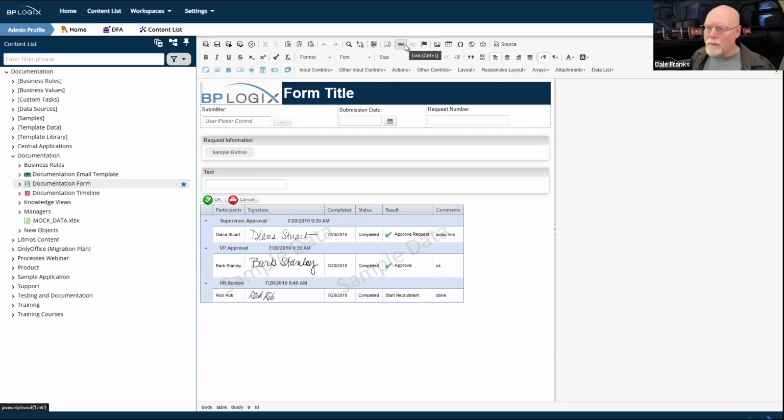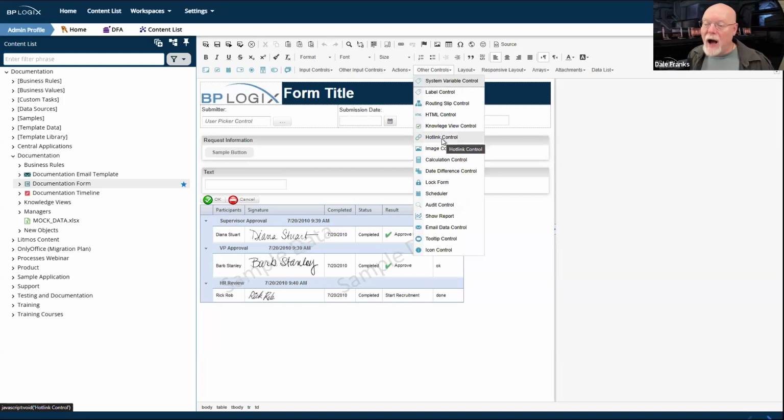This is not our control. Our control is in other controls. It is called the hot link control. That is the BP Logix control, which, by the way, is in itself a little problematic. We found something we're going to fix on that too. We'll talk about that in a sec. But there was a problem with this control where if you clicked it once, it would show you the right thing. And then if you went back and clicked it again after the form refreshed, it would show localhost as the URL, not whatever the URL is configured. So it was a weird little wonky thing.